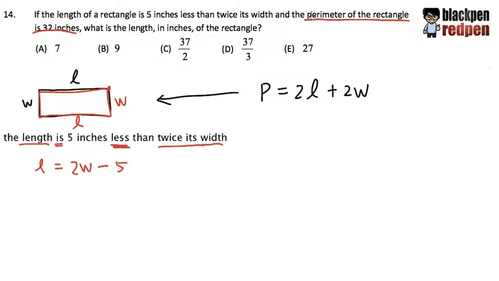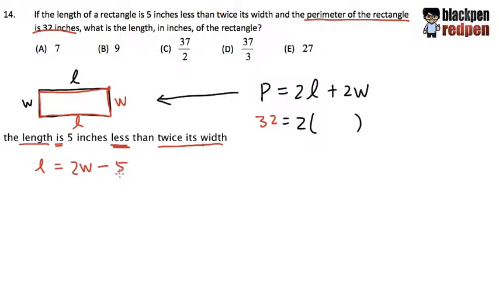First, he says that the perimeter of the rectangle is 32 inches. This is 32. So that means the P will be 32 that we know right here. So I'll put down 32 for P, and this will be equal to 2, but instead of L, I'm going to open a parentheses, and then I'm going to put in 2W minus 5